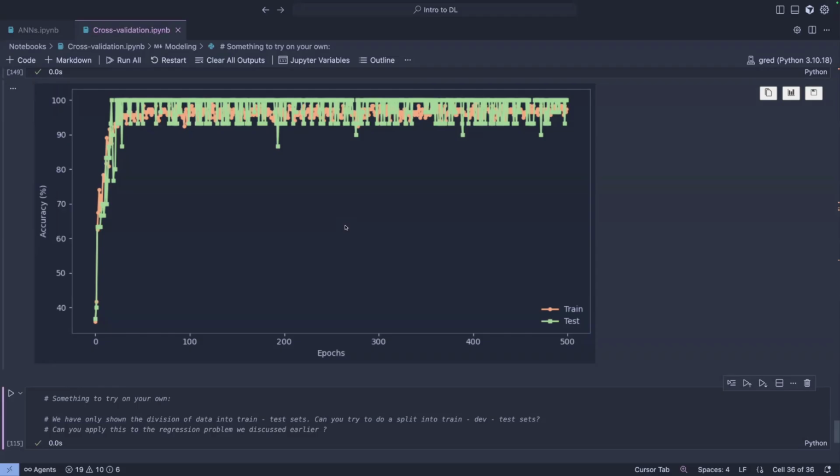There is nothing you need to... the answer is within exactly the same code. Think about how this code works, and think about how you want to do this. You can do it using NumPy. You can do it using the train test split from scikit-learn. These are the only two.